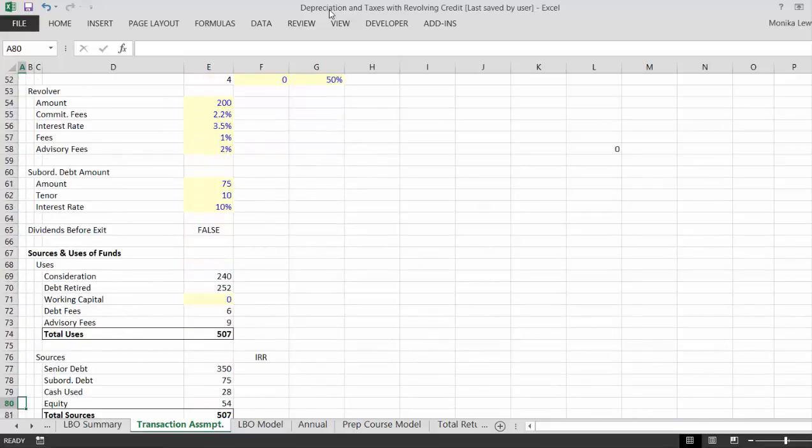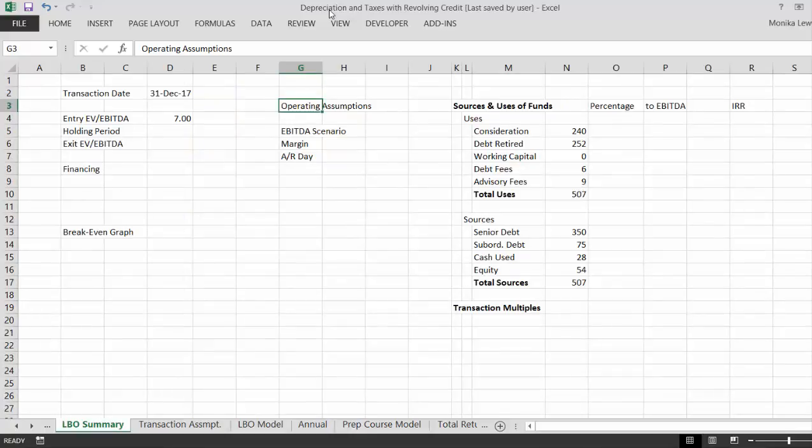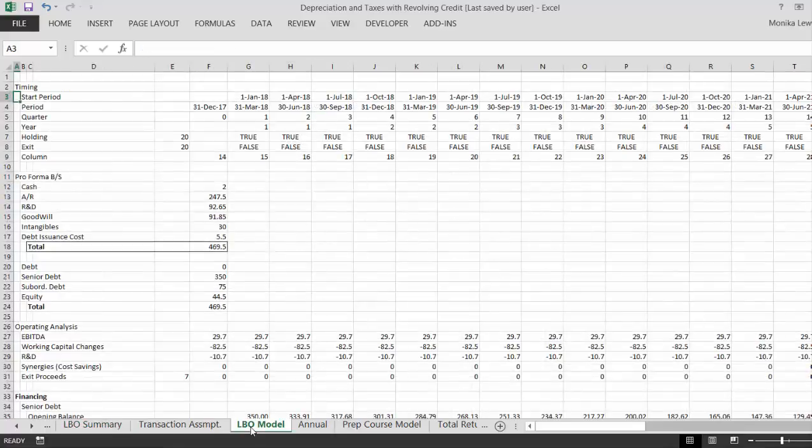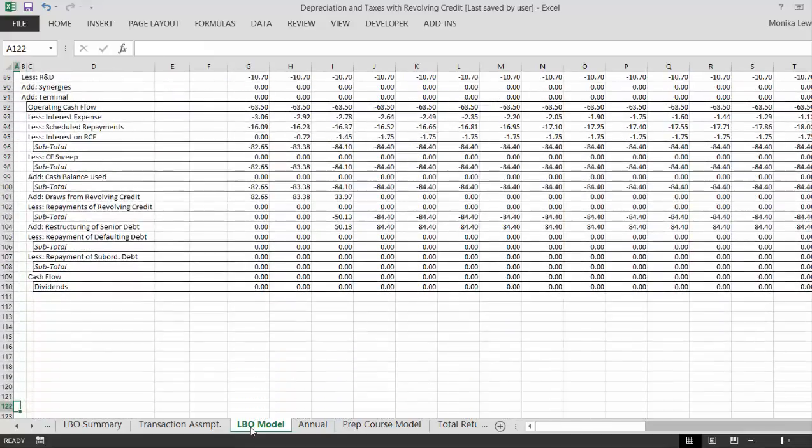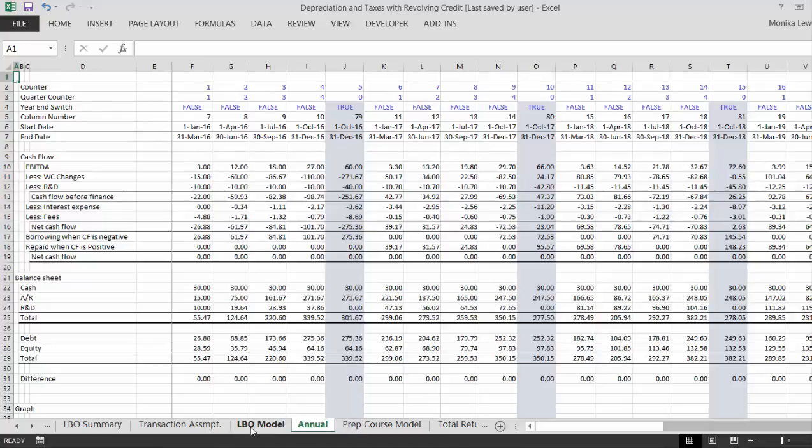And then we have our assumptions. Okay, and I'm going to take a minute now and put the spinner boxes in and do a little bit of our summary work here, and then we're going to move over to this LBO model and be a little more careful, put it all together,